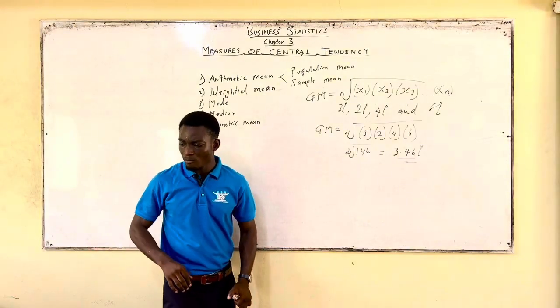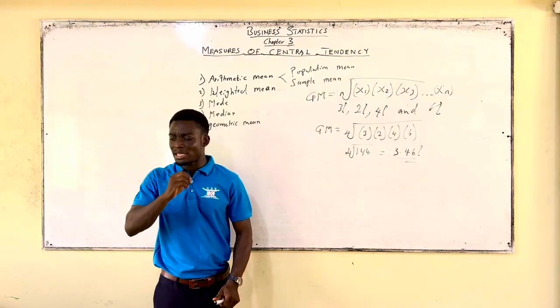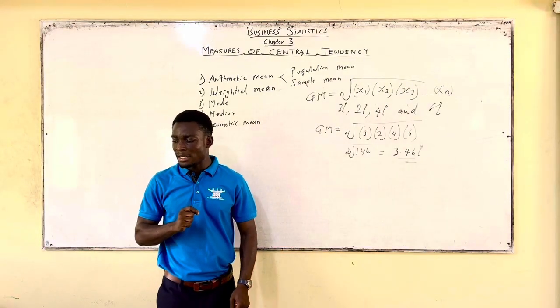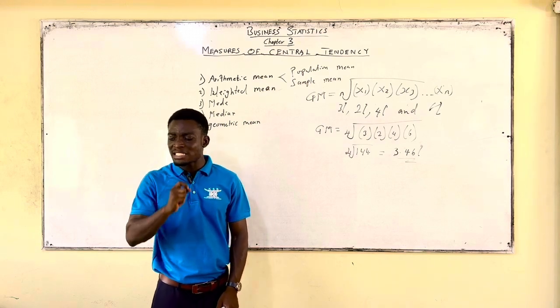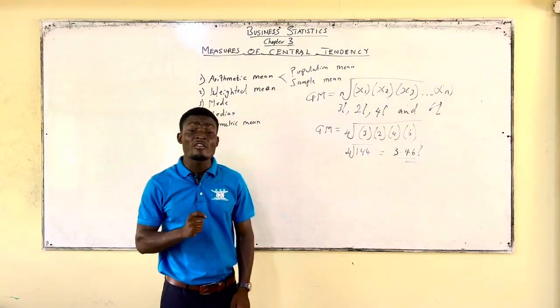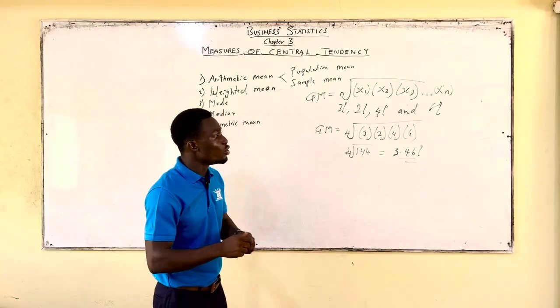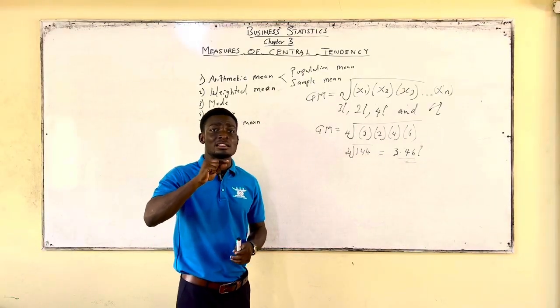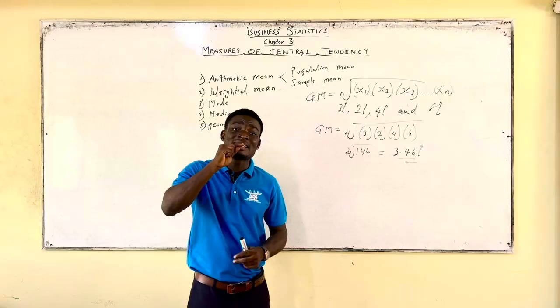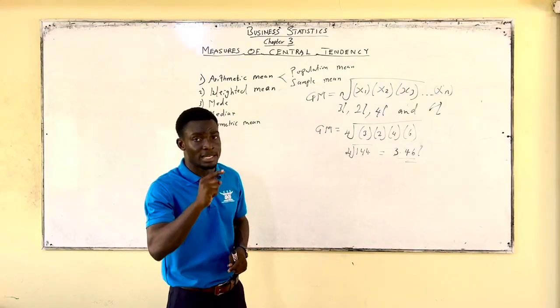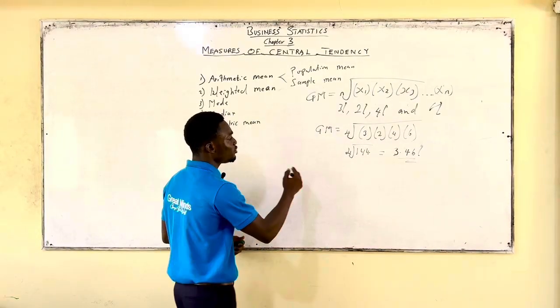Then we also have the second application of geometric mean, that is to find an average in what? Percentage increase over a period of time. So this is how we do it. With geometric mean, that is going to deal with the percentage increase in a period of time. Then we say that geometric mean